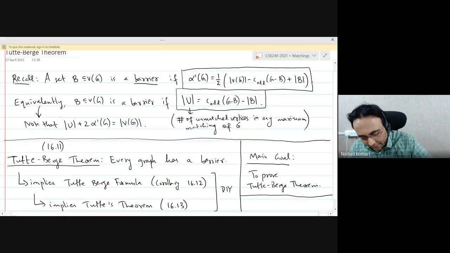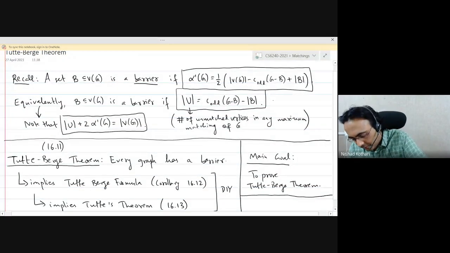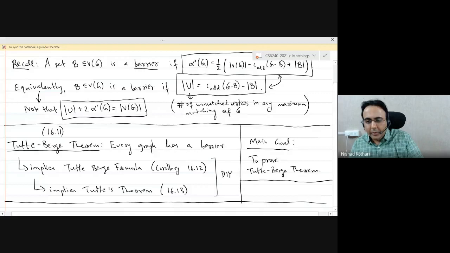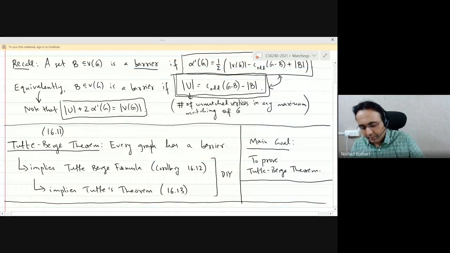And those two are related by this equation, so you see that these two are equivalent. So a set is a barrier if, when the number of unmatched vertices is, let's say, 5, the number of odd components is 5 more than the size of the set of vertices you deleted. So the number of unmatched vertices satisfies this second equation here.